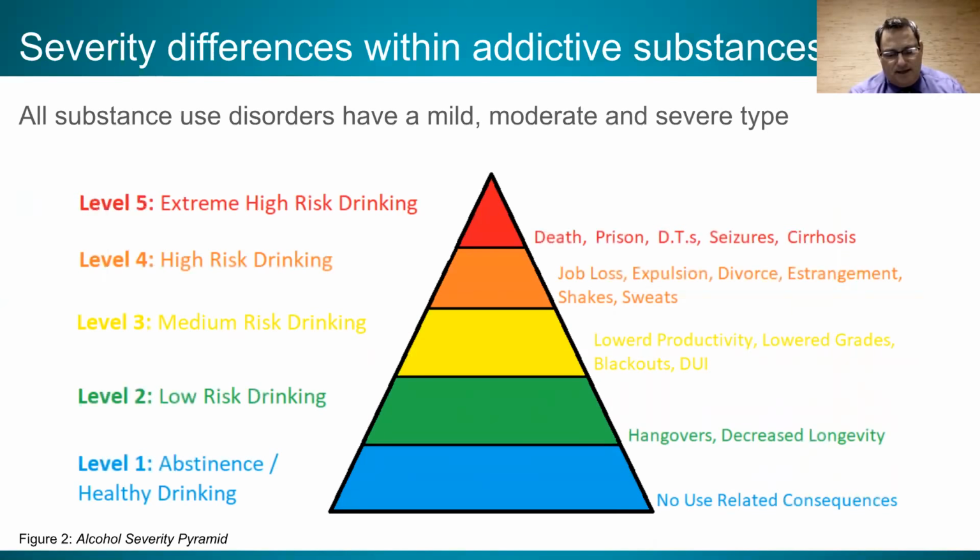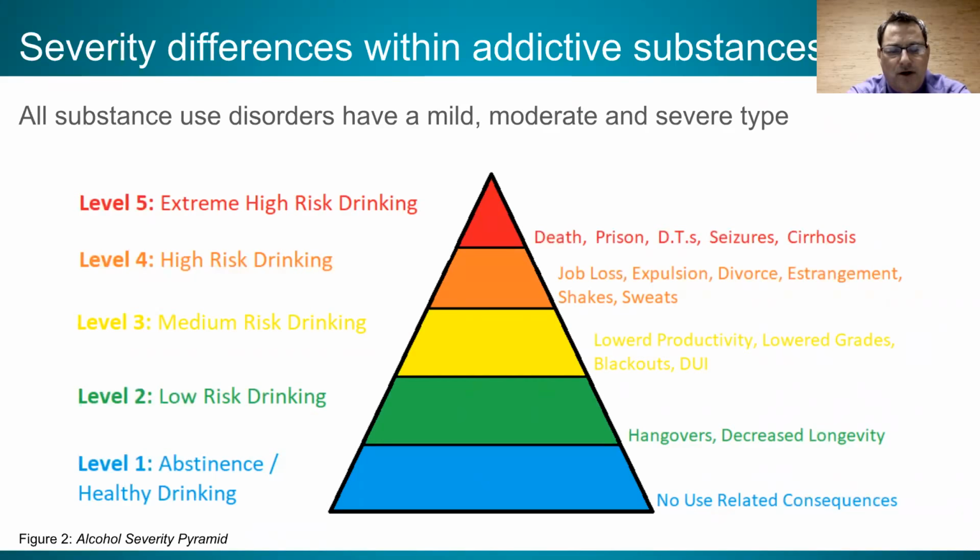And then within disorders, there are differences. All substance use disorders come in small, medium, and large. It's really on a spectrum. And this one is for alcohol. That's probably the best studied of all of the substances. But as you can see, you go from basically very light